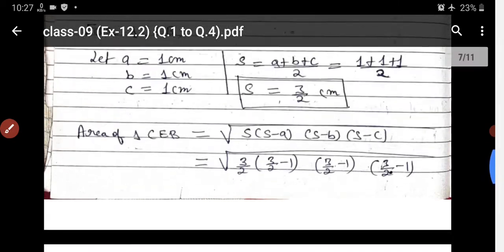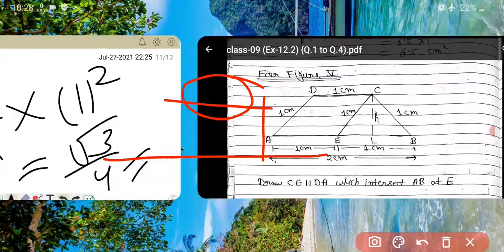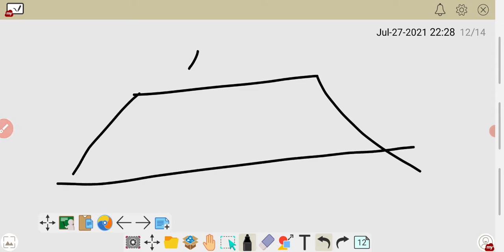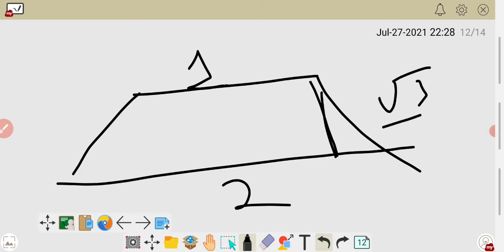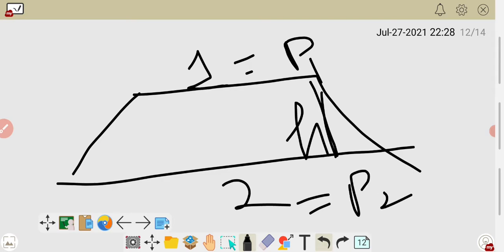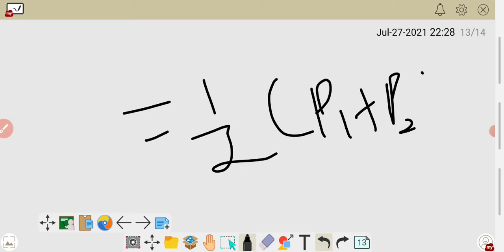Now you get a trapezium. Just see here. Actually it's a trapezium. This is the first parallel side P1, this is the second parallel side P2, and this one is the height h. So in a trapezium, just remember the class 8 question. If you know the first side 2, the second side 2, and the height you found out, under root 3 by 2, then when you get the height, whatever the value is, if you know P1 value and P2 value and h, then you have to apply the formula. Area of the trapezium is equal to half into sum of the parallel sides into height. This is the formula now.